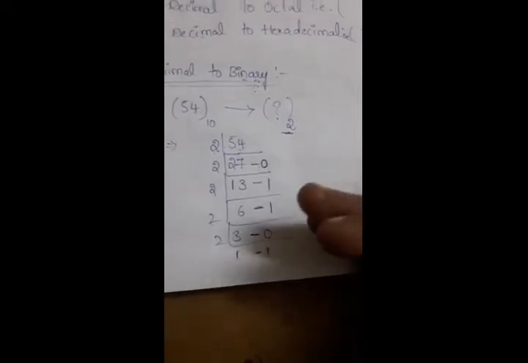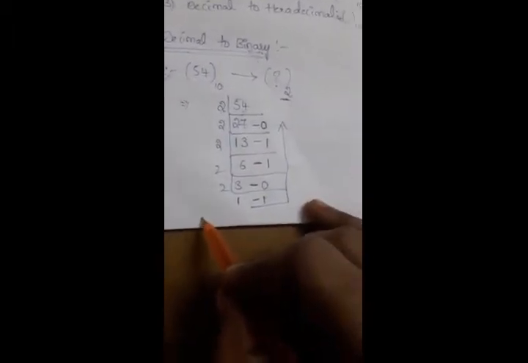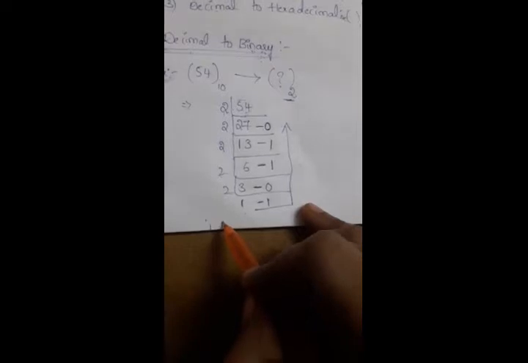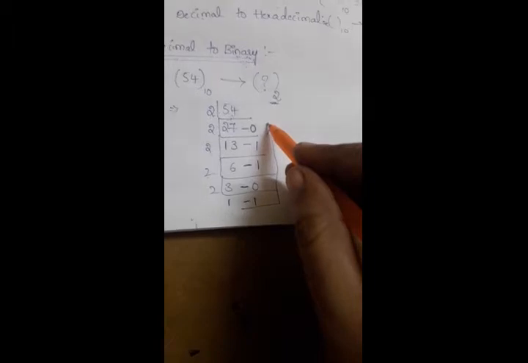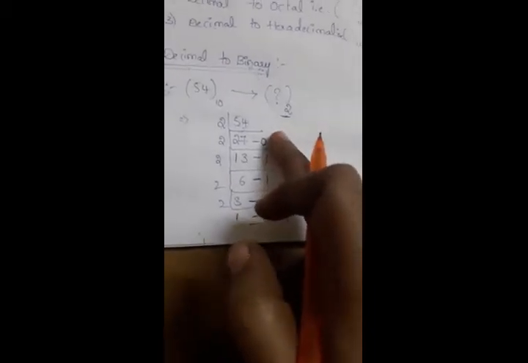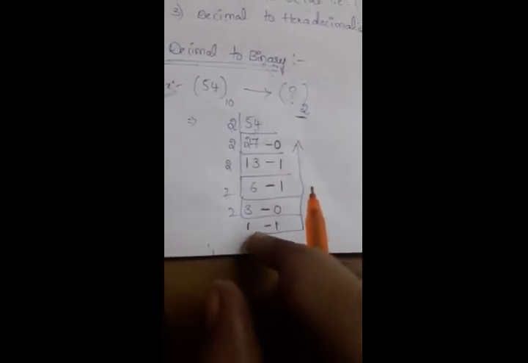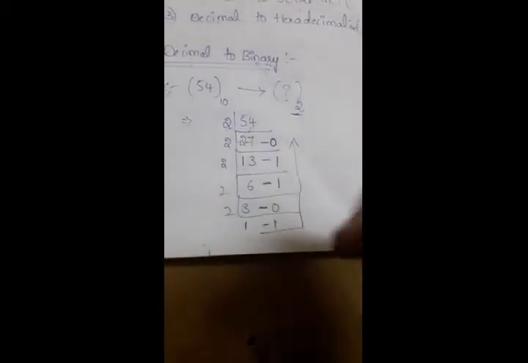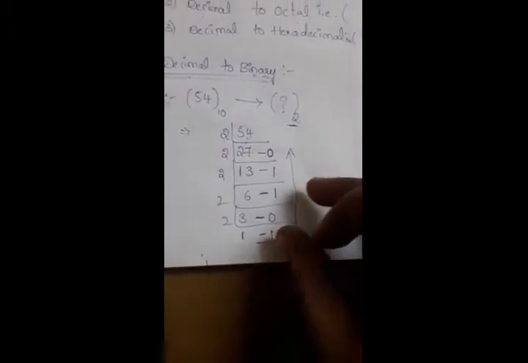So how to take the result of binary of the 54 means you will take like this. Okay, so that means the remainder obtained in first step is read in reverse order. Not like this, we'll take like this. Whatever the remainder will have here, that will be obtained in reverse order as indicated by an arrow. Remember the point. How to take the result means, result is nothing but here we are taking the remainder, right? So that remainder will be taken in reverse order, as indicated by an arrow.